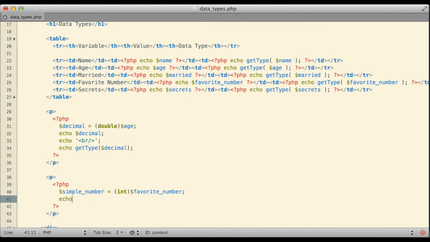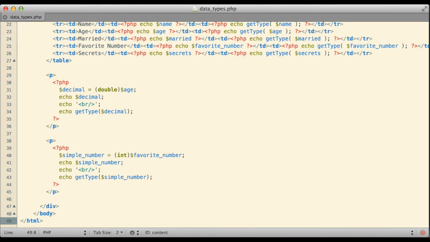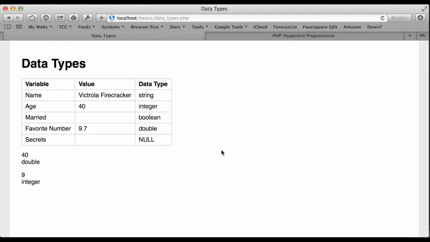Like I did up above, if I say echo simple number, I'll echo a break just to make the output a little easier to see, and then I'll echo getType for simple number. Let's jump back over to the browser and see what we get. There we are. So we started off with favorite number, which had a value of 9.7 and was considered to